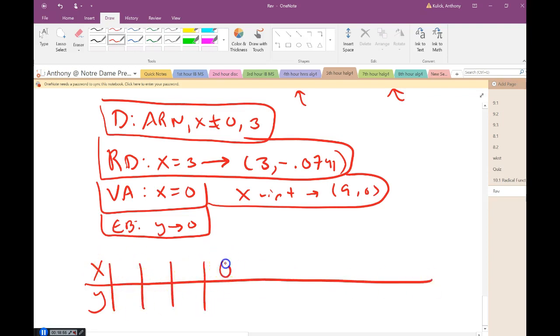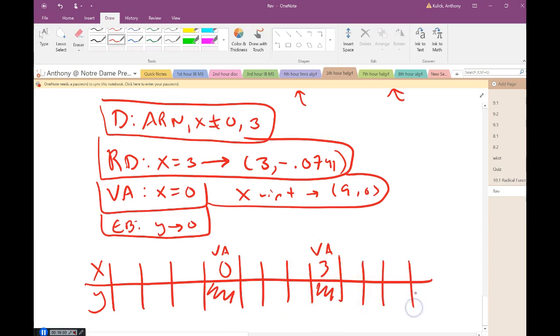So now we'll make our table, vertical asymptote, 3 points, vertical asymptote, 3 points. So let's see, let's put the 9 out here for the x-intercept. So that's 6 away, so I'll put negative 6 out here. And then I guess I'll put, how